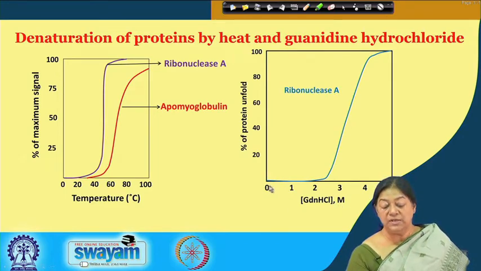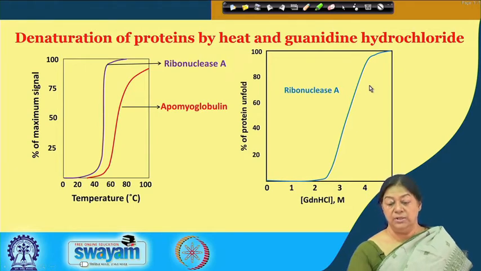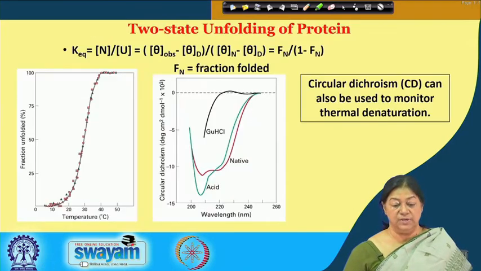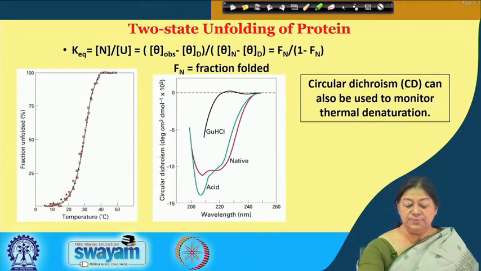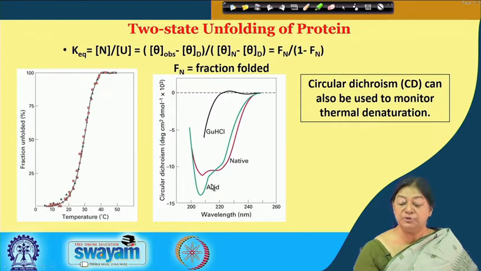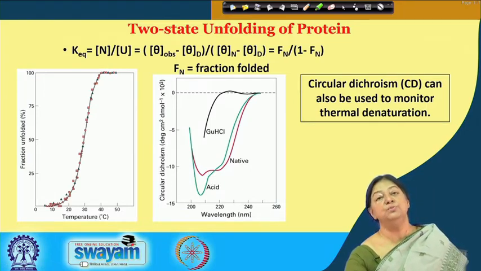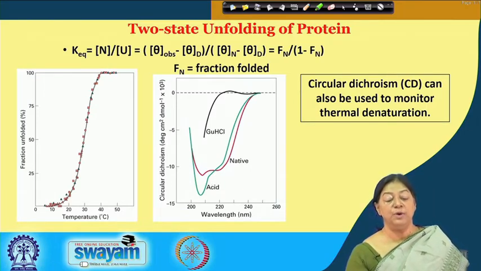So, what are we saying? We are saying that at this molarity, the ribonuclease A remains in the folded conformation and gradually unfolds to the unfolded conformation at a higher concentration of GuHCl. So, this is like a circular dichroism signal. Again, when we have a disruption, this can be used to monitor it. So, we have to have a methodology.